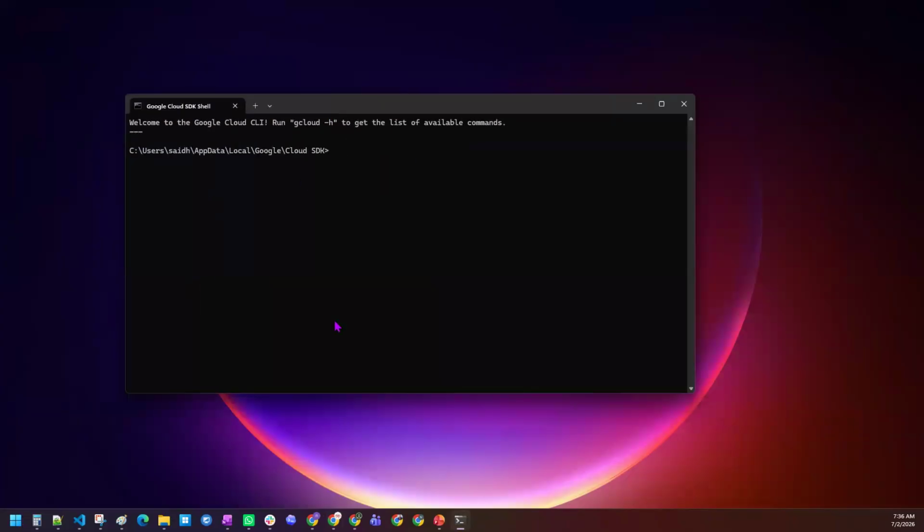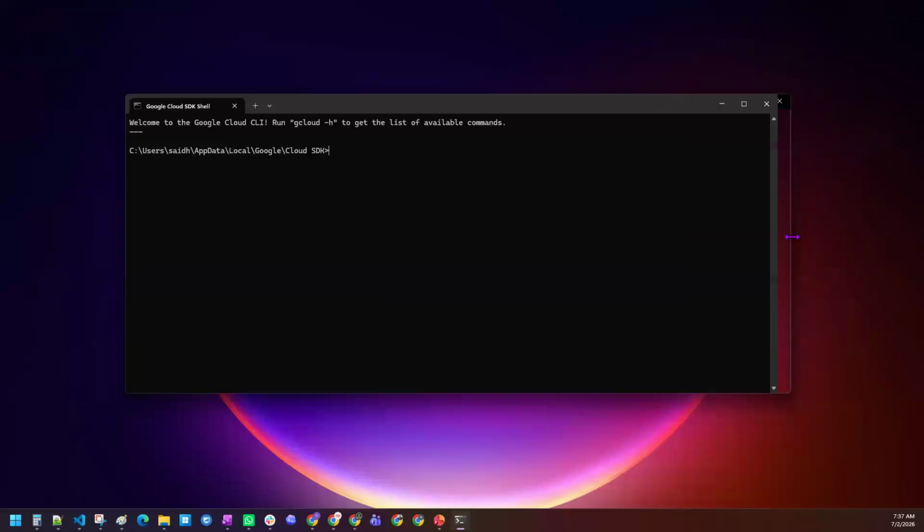Now tell me, what is this SDK? How is it looking, guys? Sir, it is also a command line interface. See, it is a command line interface or not? Is it a graphical interface? No, sir. It is also a command line interface.